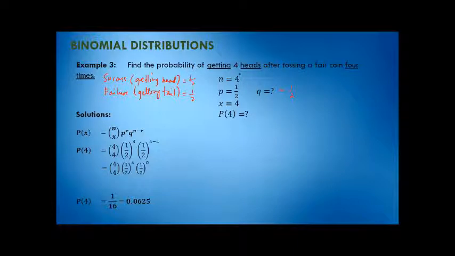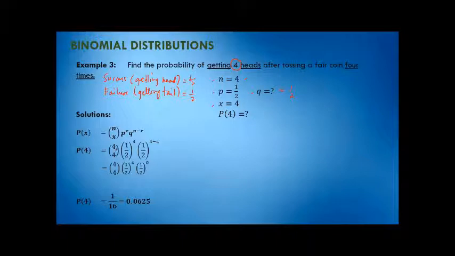Okay? Now, n is equal to 4 kasi indicated na 4 times. So, ibig sabihin, 4 trials. This is number of trials. And then, kung bakit x is equal to 4, kasi we're looking for apat na beses na success ng head. Okay? So, getting 4 heads, ibig sabihin, 4 successes among different trials. So, meron na tayong apat na parameters. So, we have N, P, Q, and X.